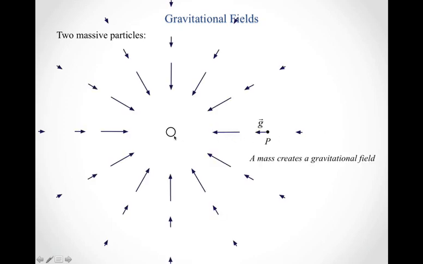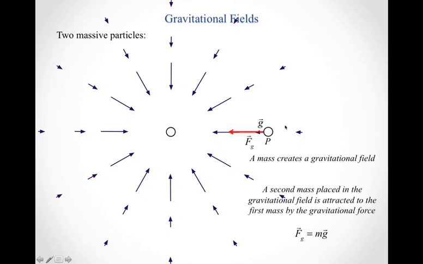So let's consider two massive particles. The particle on the left, particle on the right. And again, I know that they're each going to feel a gravitational force, so they're going to be gravitationally attracted towards each other. So if I want to think about where this gravitational force acting on the particle on the right comes from, the idea here is that the particle on the left is creating a gravitational field. Point P is the point where that other particle was located. And so I can think about the gravitational field at point P,